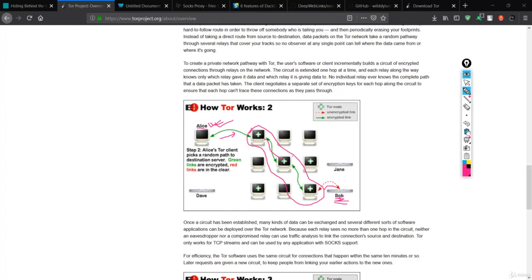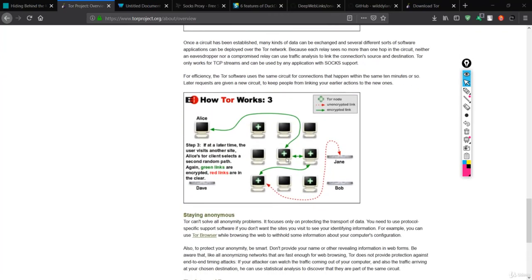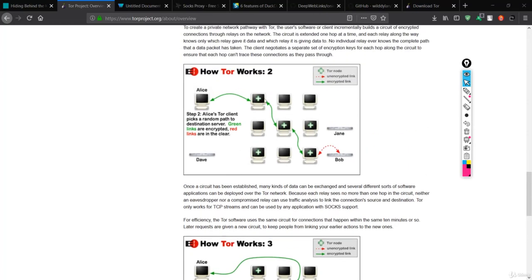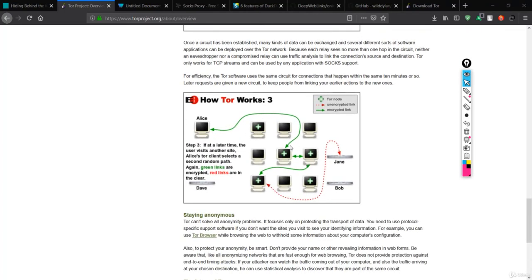And if you make one request, let's say at first we made a request to google.com, and second, if I make a request again to facebook.com, a new circuit will be created, and this circuit will be random compared to before. At first this circuit was associated to make a link between Alice and Bob. Now for the second request, maybe facebook.com, another circuit will be created, so that this new server will no longer have any information about Alice.